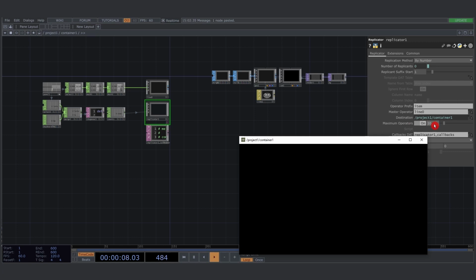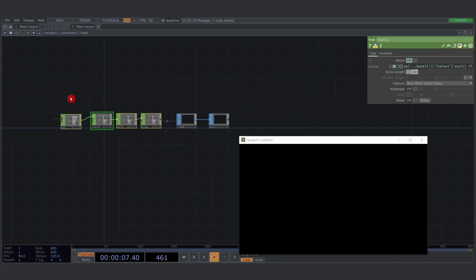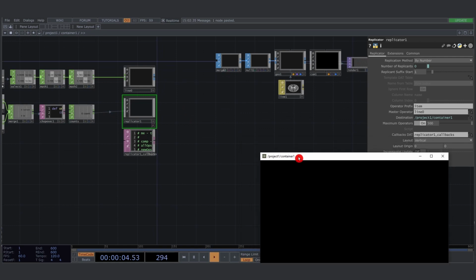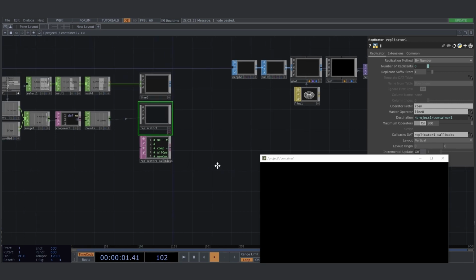Most of the time I put it at 500, yeah, not most of the time. For these little copies, master is not very heavy, what's being copied. So if you have something very heavy being copied, be careful with how much you copy this, because if you reach 500, there will be 500 copies of this one. Maybe in each of those copies, there will be heavy execution or heavy cooking, and then you should be using a probe